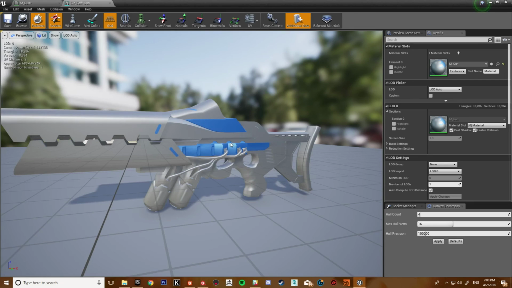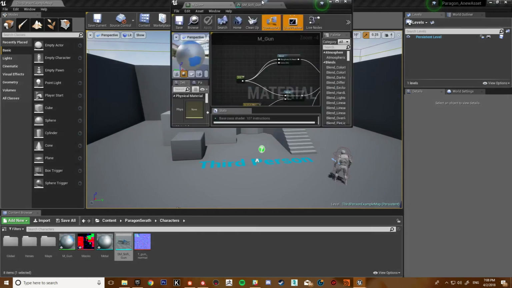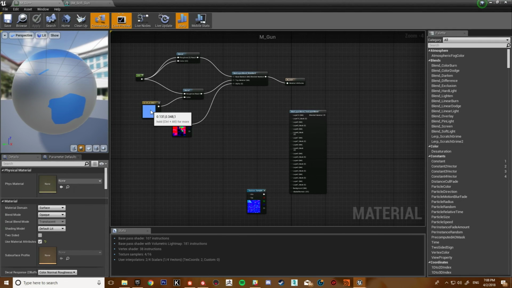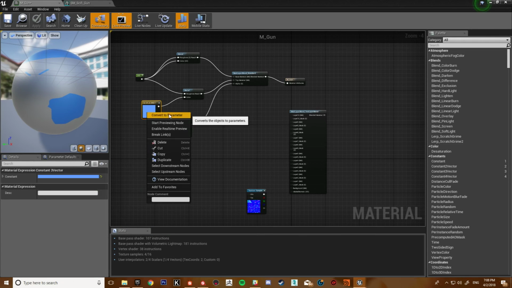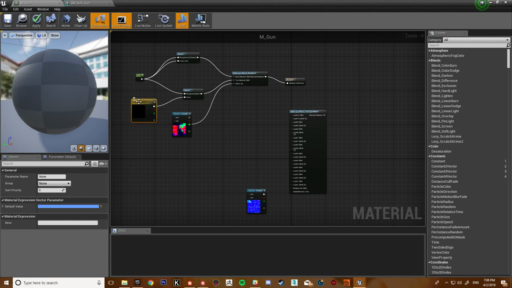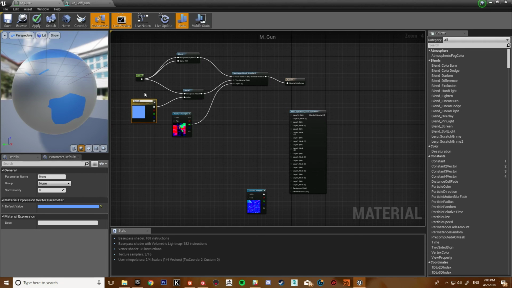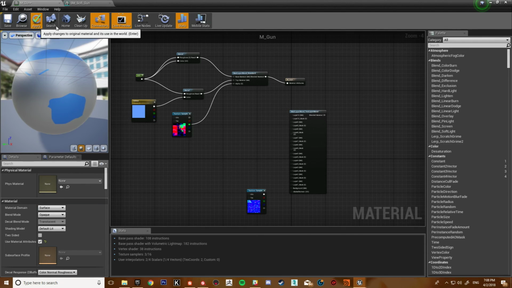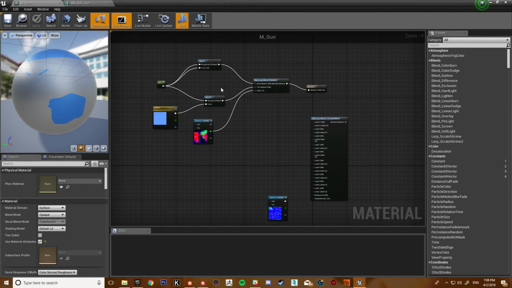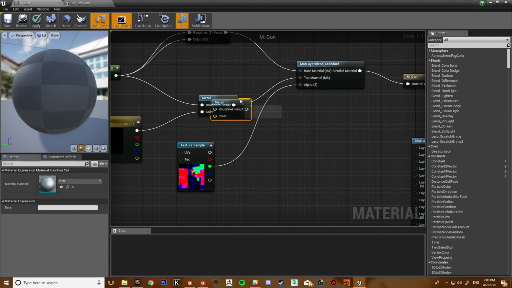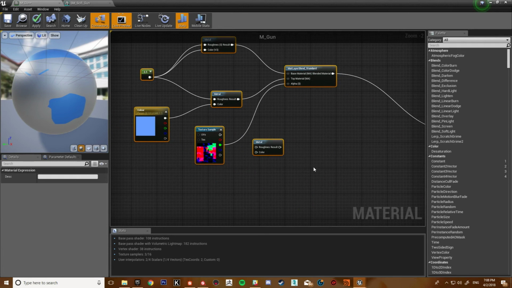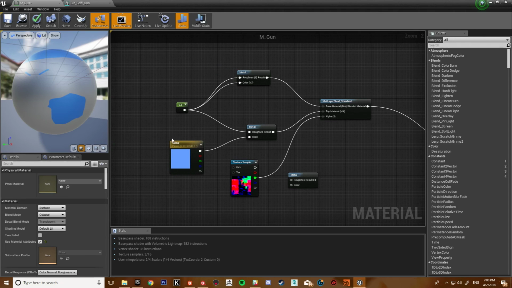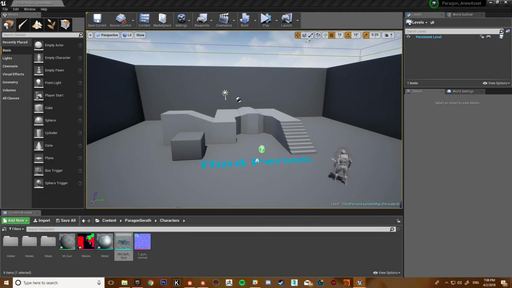But then the power from that is, well, this is great, but I don't like it blue. Maybe the enemy players have a red rifle instead. So within this function, maybe I want to change that to a parameter instead. Color, and we've got our base blue, which is the intended color. I'll fake the other layer and add another stack on here, and we'll keep that like that. So we want a red rifle now.